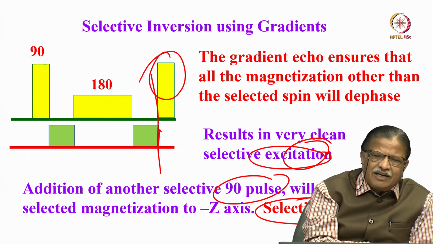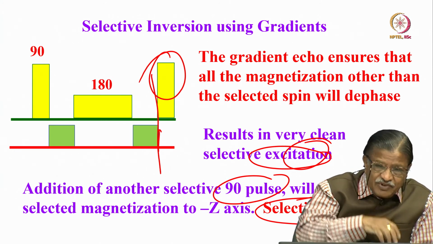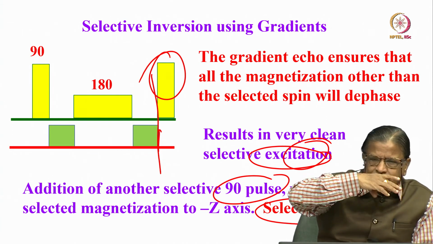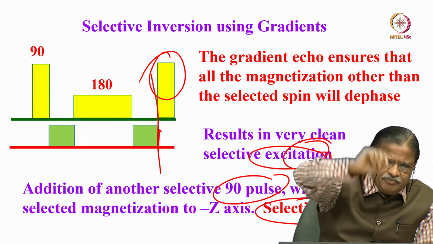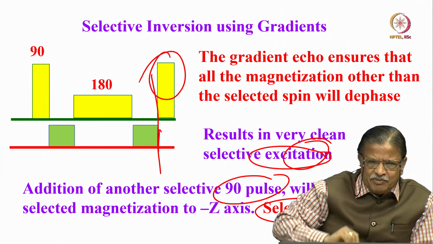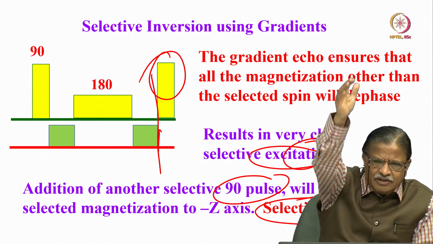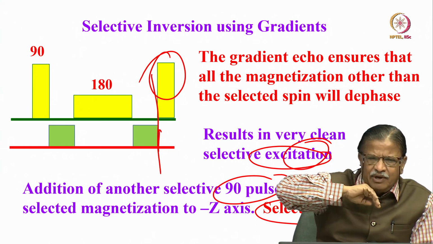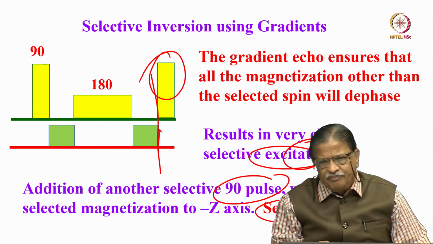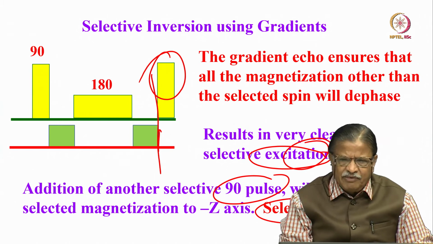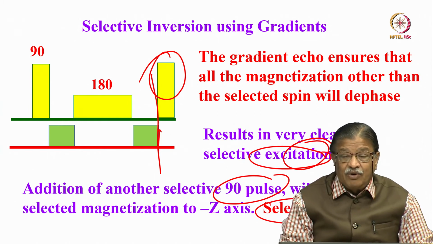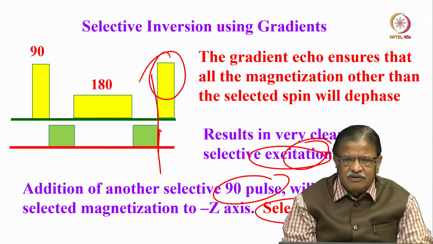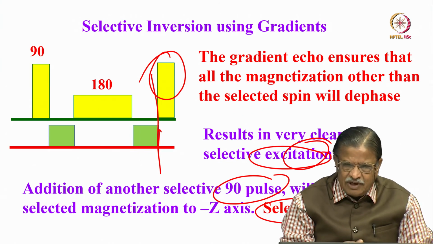But if the gradient strength is sufficiently large, then what is going to happen? The slice thickness becomes narrower and narrower, and it is like a continuous distribution. All through the sample volume, the different nuclear spins from bottom to top, the entire RF coil area, will experience different Larmor frequencies. As a consequence, you are going to get an enormously broad signal which cannot be detected. This is what is called dephasing.